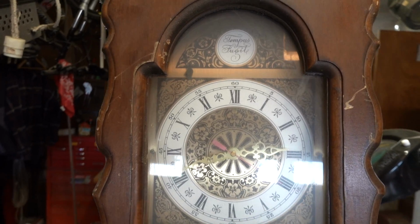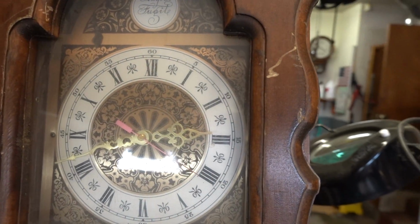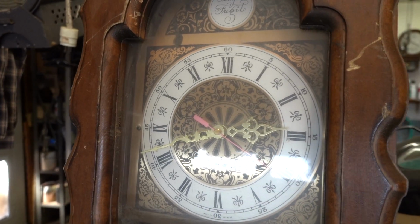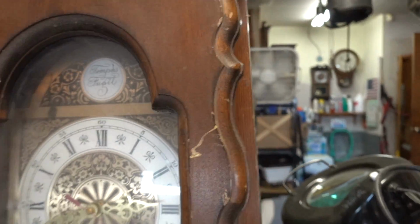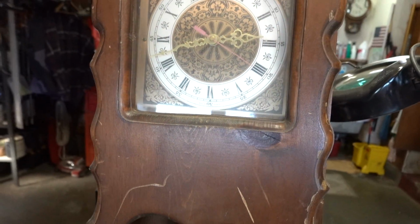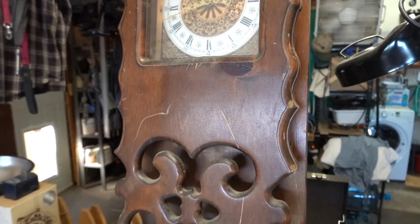Nice reflection. So it's an electric, battery operated clock. Definitely made in the 70s. I'm not too sure of its history. The reason I say I know it's from the 70s, even though I haven't taken it apart, is if you remember, for those of you who grew up during that time,